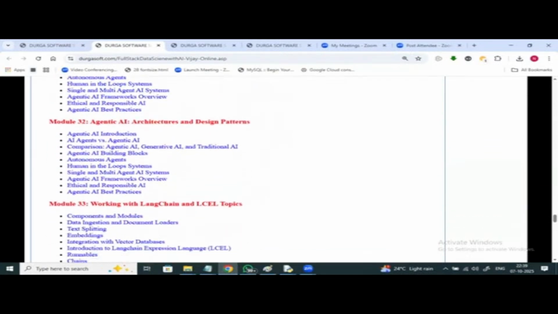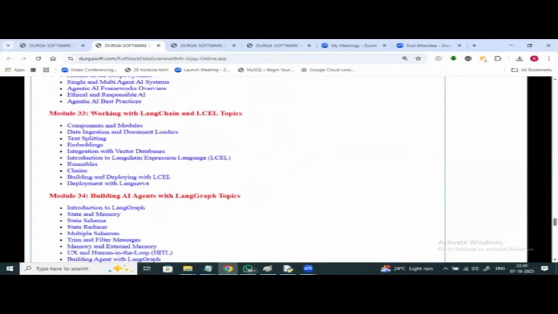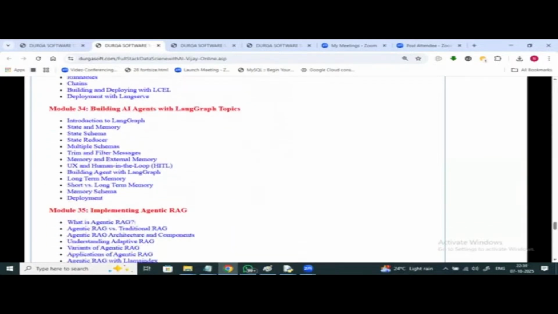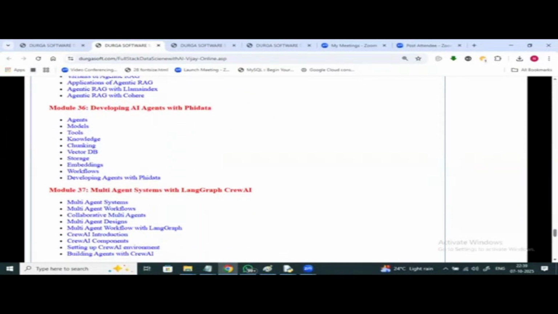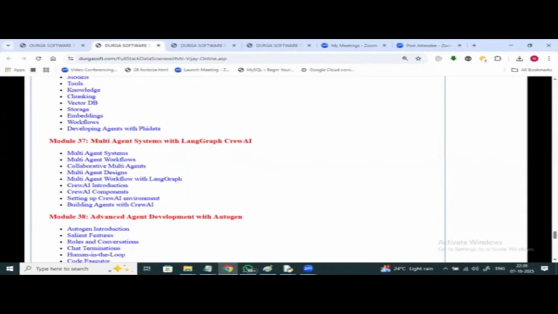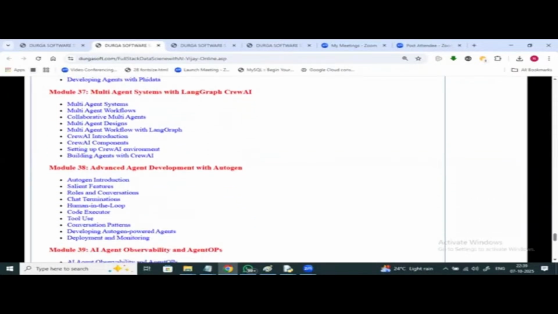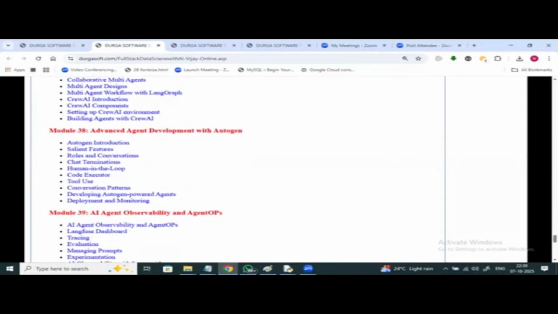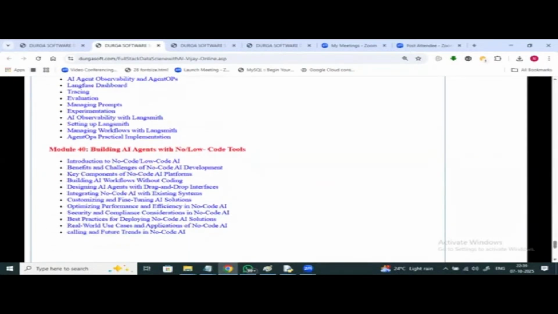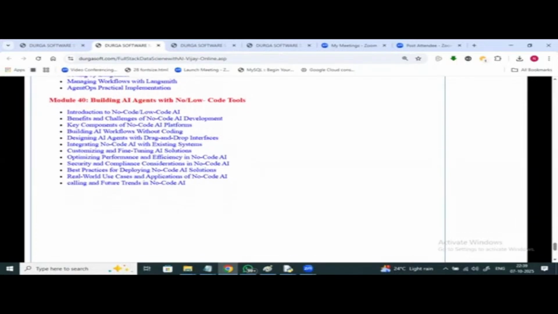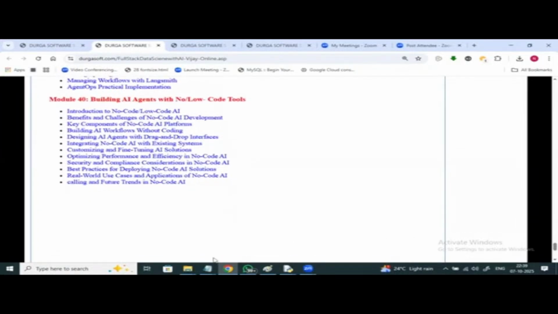Agentic AI architectures and design patterns, working with LangChain AI agents and LangGraph topics, implementing agentic RAG, developing AI agents with Phidata, multi-agent systems, advanced agent development with AutoGen, building AI agents with no-code and low-code tools, right? So in brief, in depth, we'll be discussing this